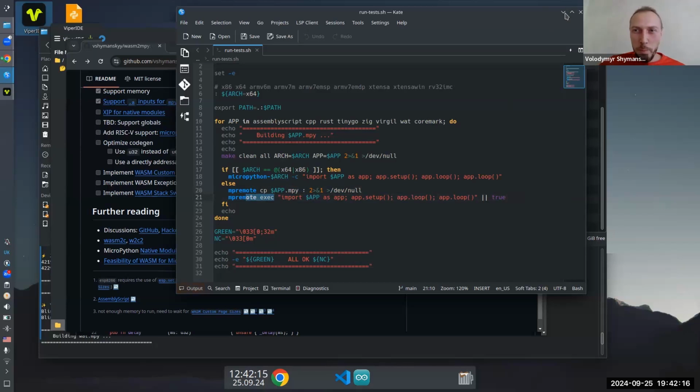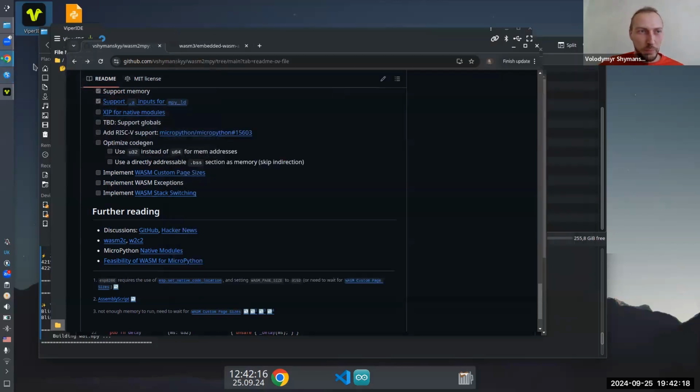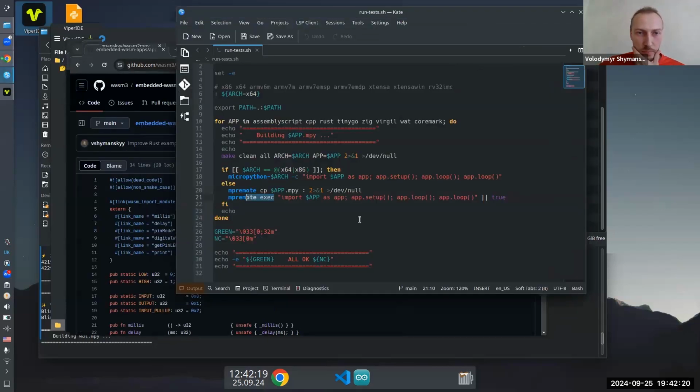Line 21. Oh, you just closed the test code. Yep. So here you have setup, loop, and loop. These you set before the glue code, which is the interface between the WASM and MicroPython. So you can call WASM this way. Did you also test the callback back into MicroPython? I did.